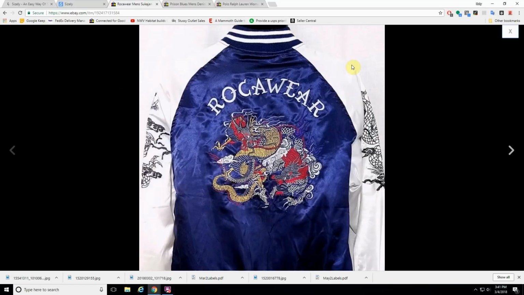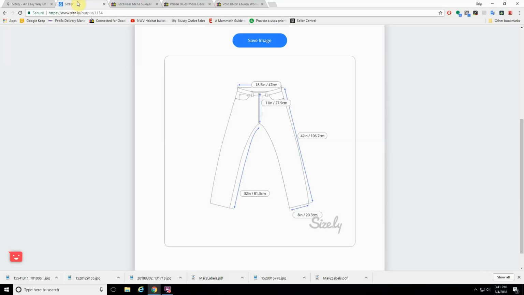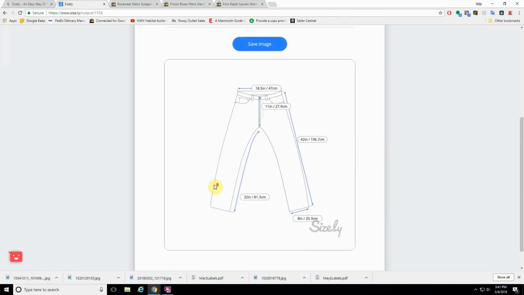So in most jackets and most shirts, there's a shoulder seam, right? It's sewn right here. Well, in certain bomber jackets like this, there's no shoulder seam. The material goes straight all the way down the arm, right? So if you are trying to show the measurements, now let's go look at